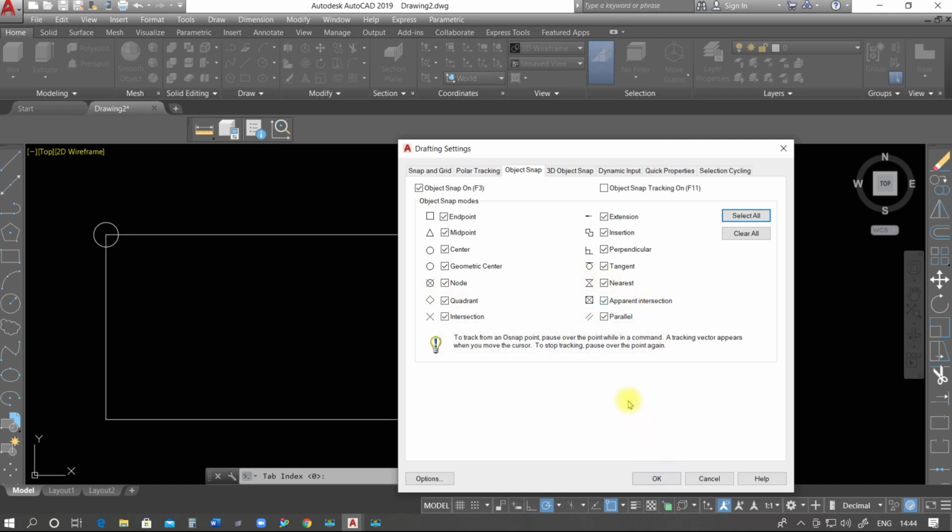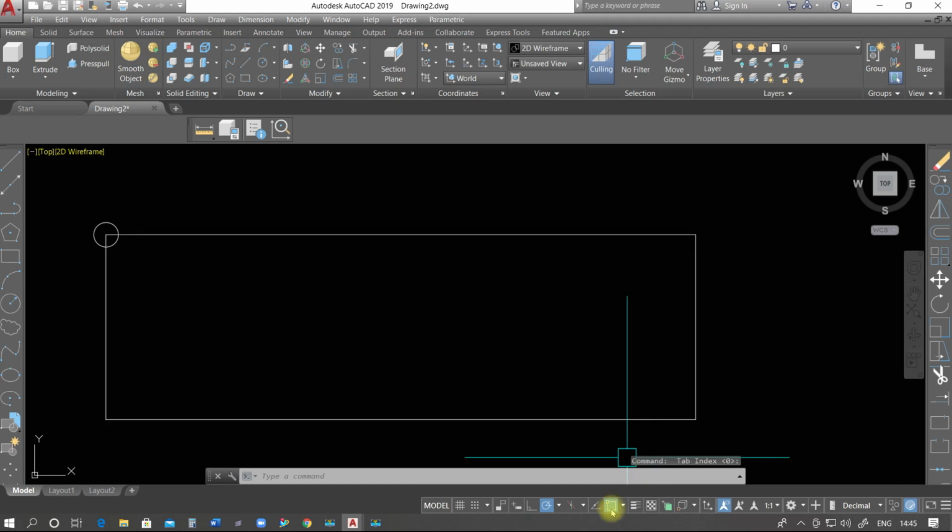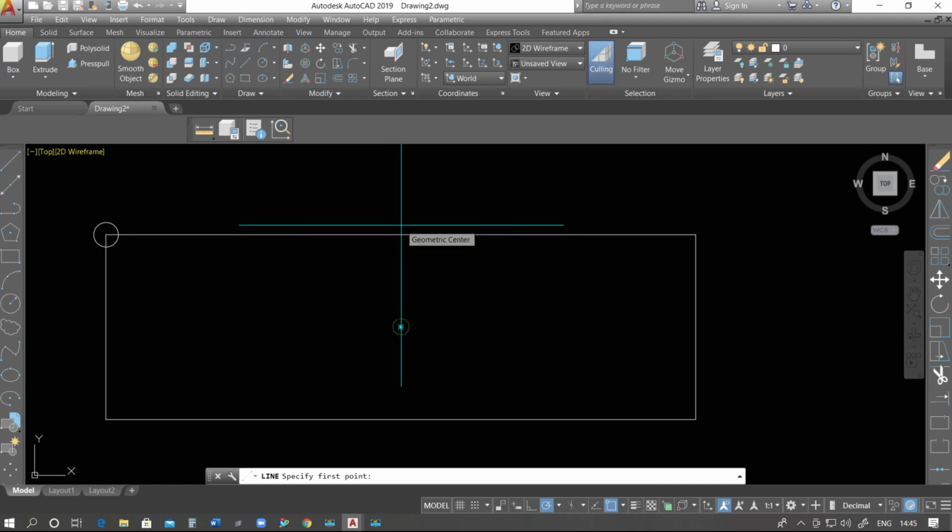One thing that frequently happens with students is this. Suppose we clear this one and check this one. We think that object snap mode is on, so I want to find the midpoint of this line, but we are not able to see it. At that time we have to know that there is something wrong.